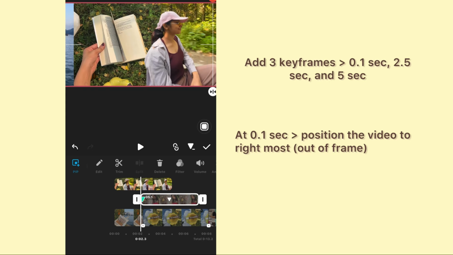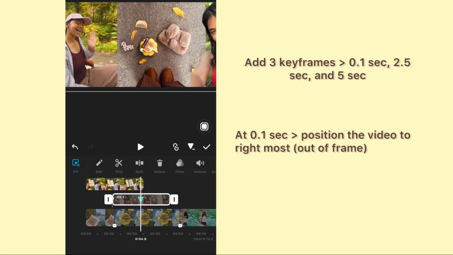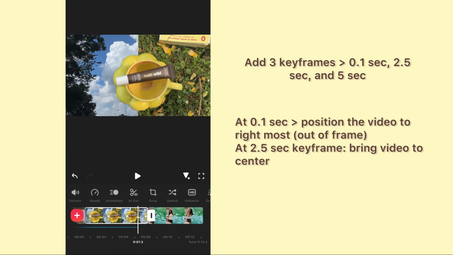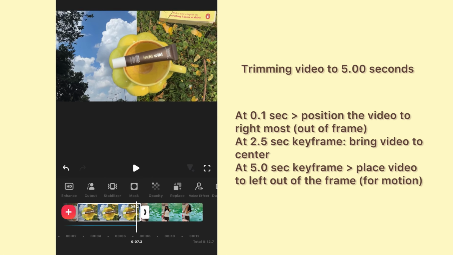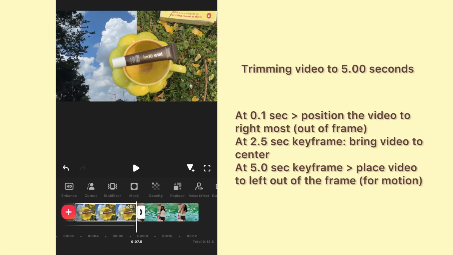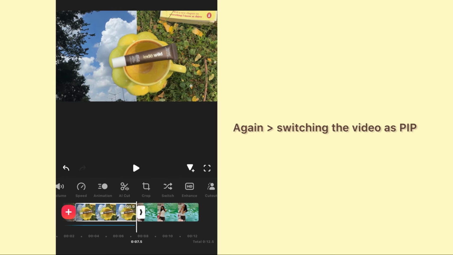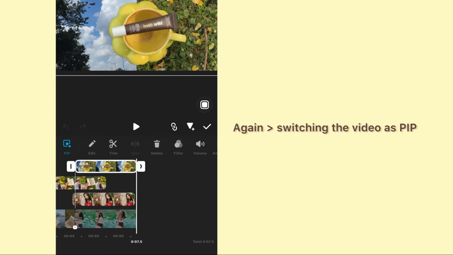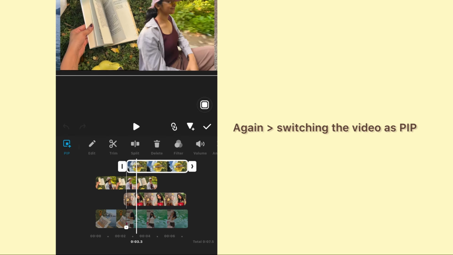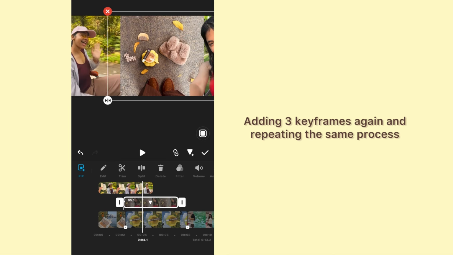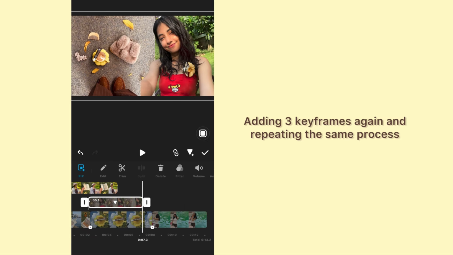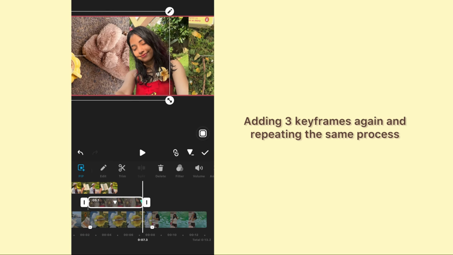A detailed guide for keyframing is mentioned right over your screen, so you can pause and have a look for a clear understanding. Also guys, please let me know in comments if you would want me to cover a separate video for keyframing and PIP section, because I think most of you might be having doubt here because they are a bit tricky for a beginner. As shown on the screen, you have to again switch the layers of another video and keep repeating the same step until you reach the final effect.